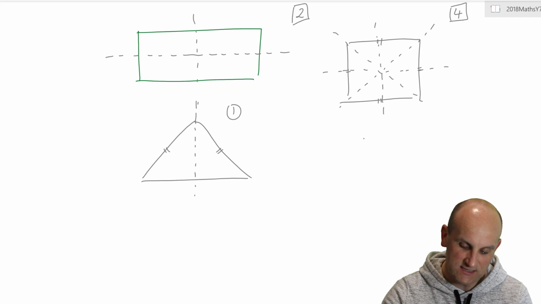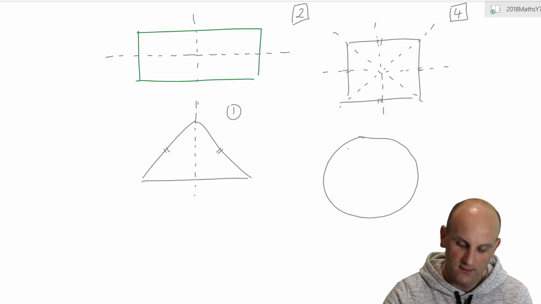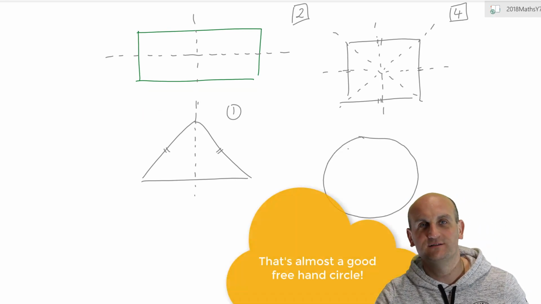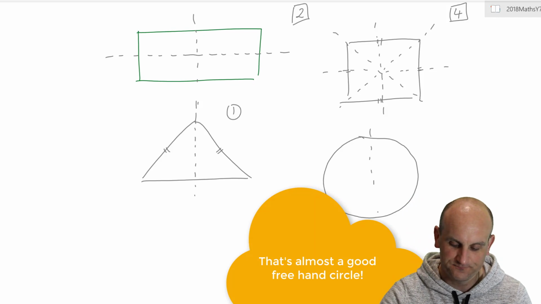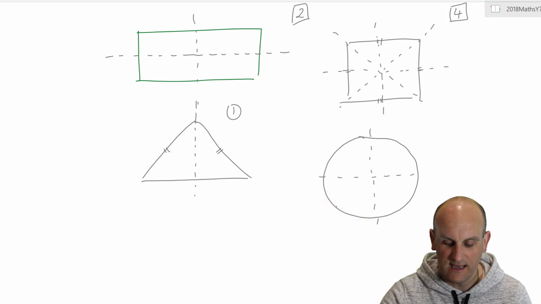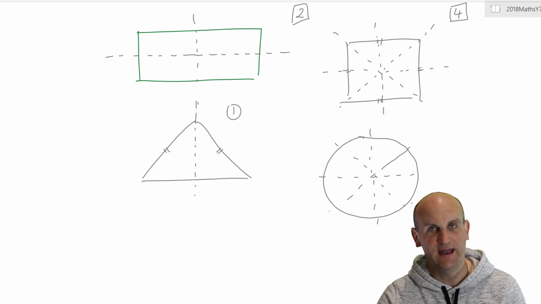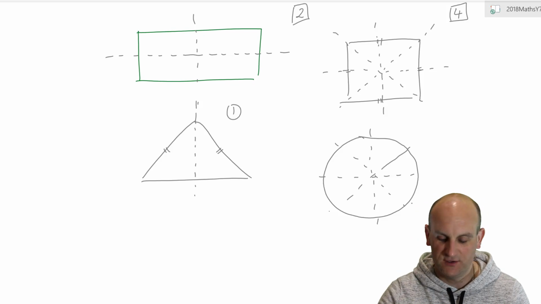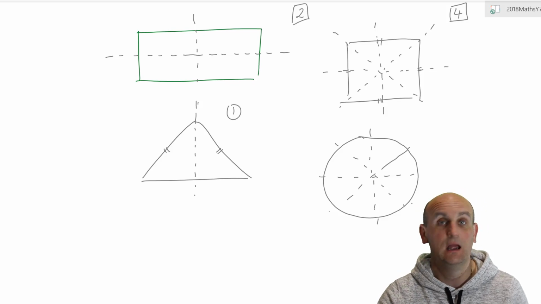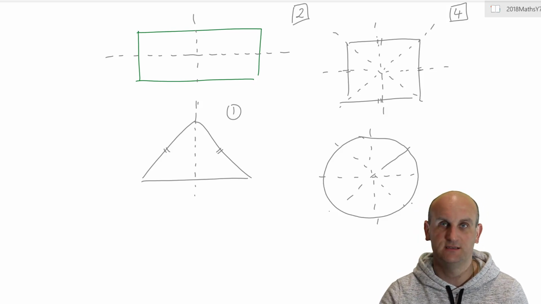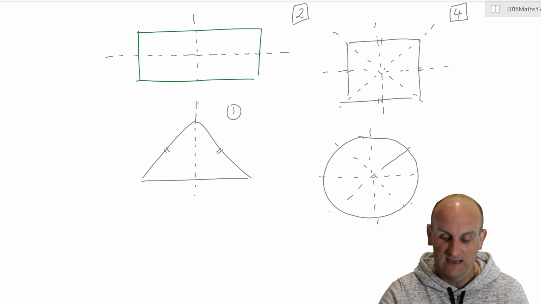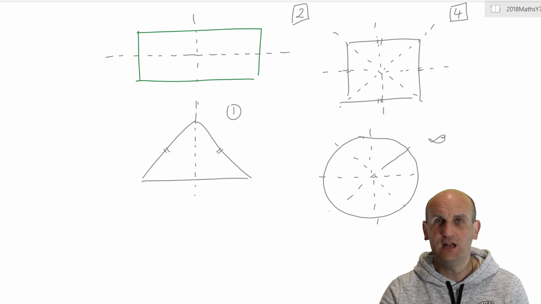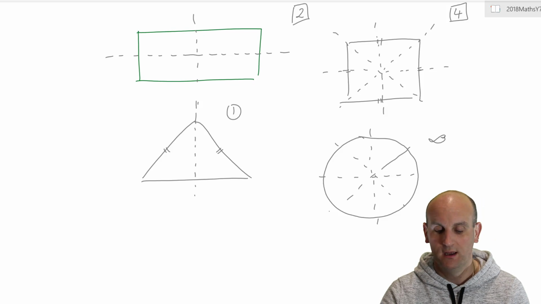The last one, which is a bit of a trick, is the circle. How many lines of symmetry does that have? As it turns out, you can draw lines of symmetry on this shape forever and ever and ever, depending on how far or small you want to make the divisions. Now, lots of people say 360 because we think there's 360 degrees in a circle, but it isn't. Actually, it is infinity and beyond. All right, so